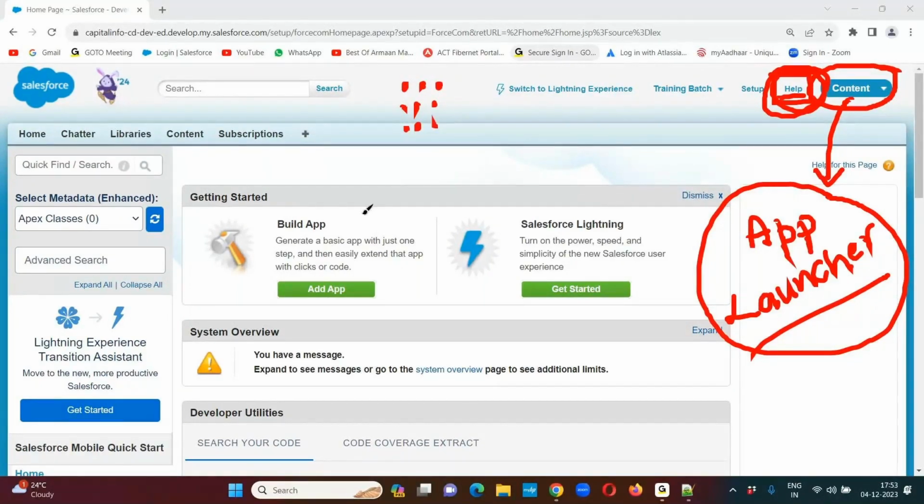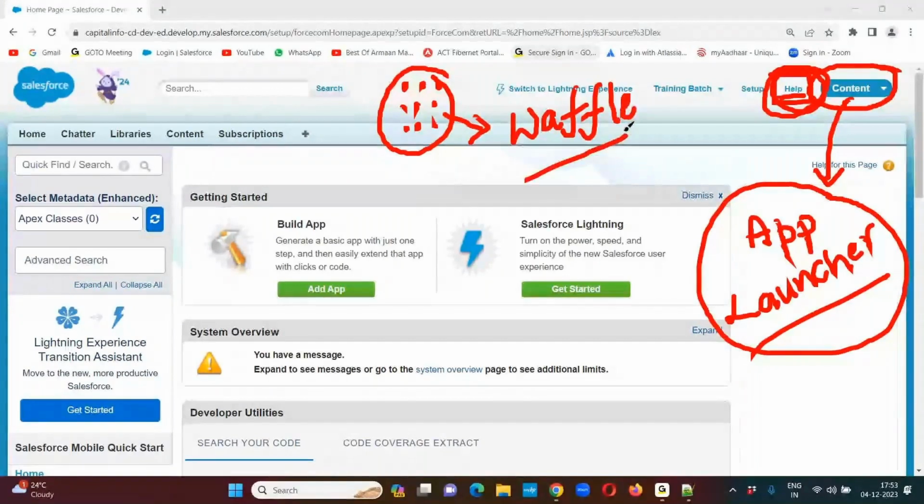Now this icon is going to list out all the applications. Basically, this icon is called a waffle icon. This is a waffle icon. So now this waffle icon is indicating all the applications available inside your smartphone or mobile device. Now, as part of your Salesforce, in the Salesforce Classic part,